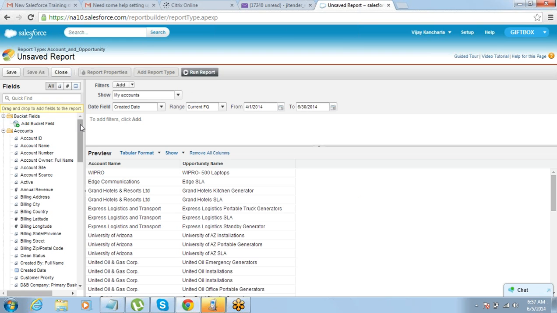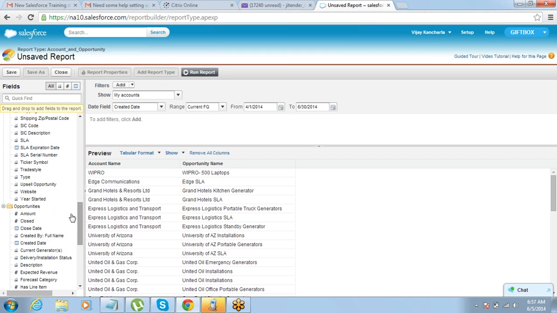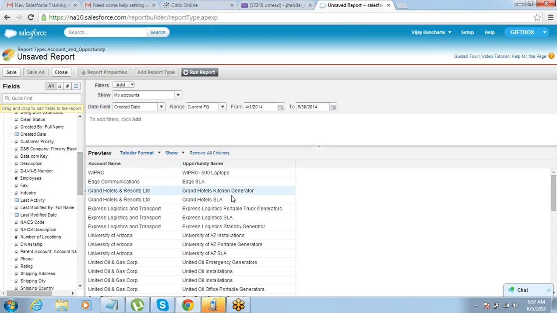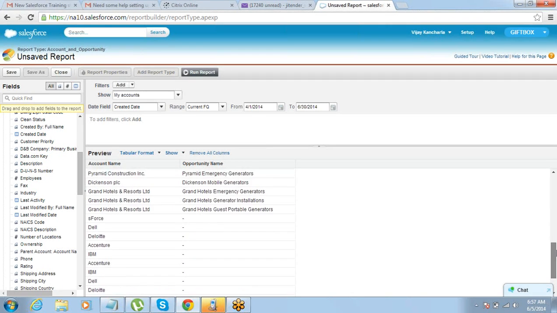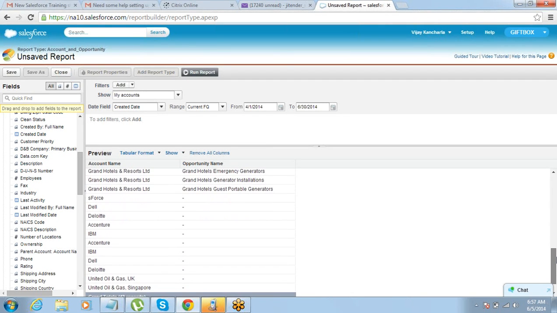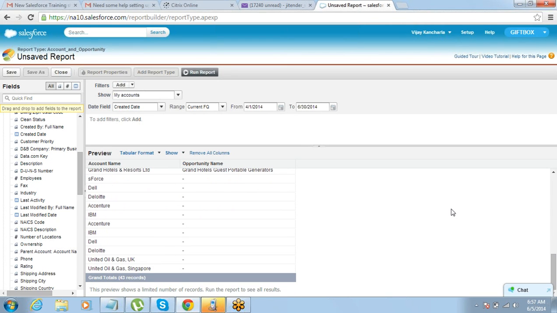Now this report type has all the fields from account, as you can see, and it has all the fields from opportunities. So in this report you can bring in fields from account as well as opportunities, because we selected that the accounts without opportunity should also be visible, so that is the reason why these accounts are also visible where there is no opportunity. If we had selected only show me the accounts with opportunities, then it would not have shown us these records.